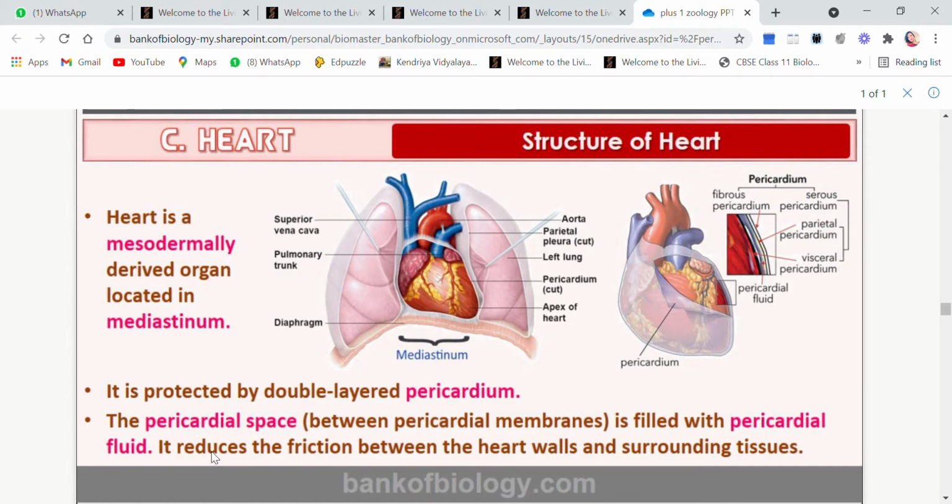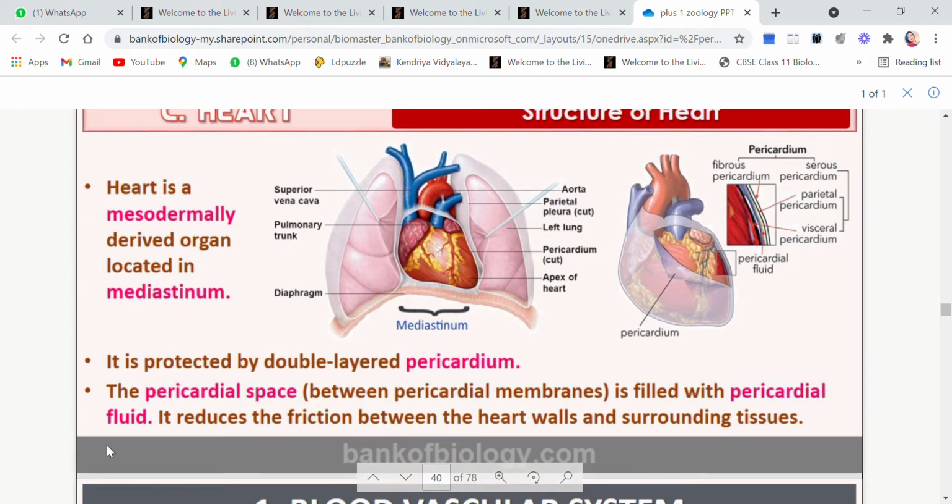So to reduce that friction between the wall of the heart, the pericardial space is filled with a pericardial fluid. So this fluid will help to reduce the friction between the heart wall and the surrounding tissues. It's like a shock absorber,